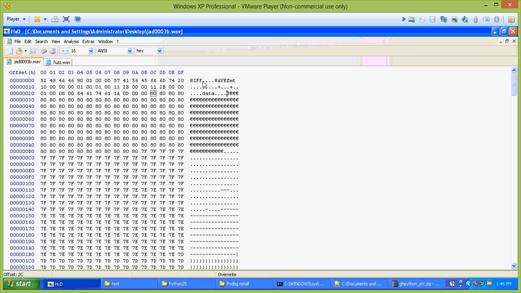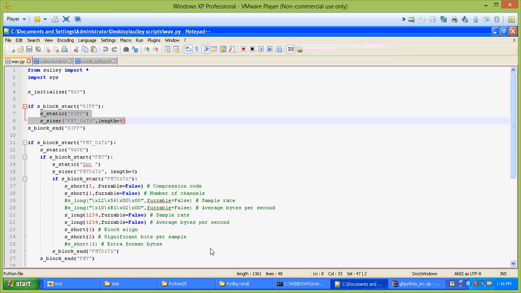So Sulley is an intelligent mutation fuzzer. The way you do it is you define the grammar of the protocol. In this case, rather than the protocol, we're defining grammar for the file format. So the file format is that this will be one of the chunks, followed by this chunk, followed by the data chunk. That's what we are trying to create using the Sulley grammar. If we look at it, the very first chunk consists of RIFF,